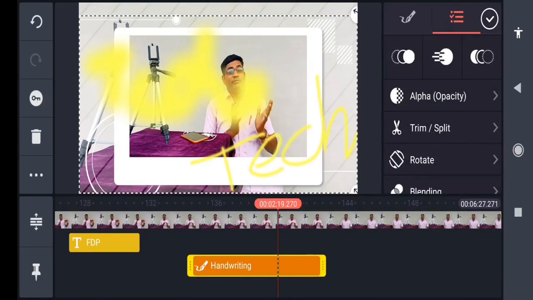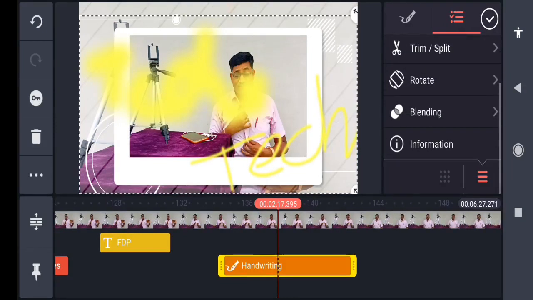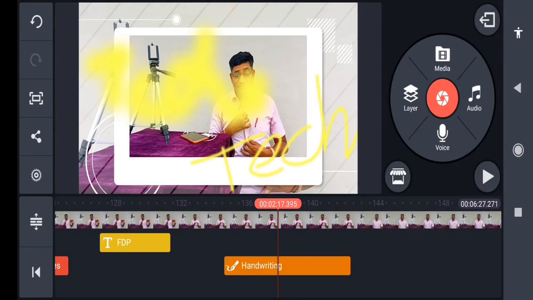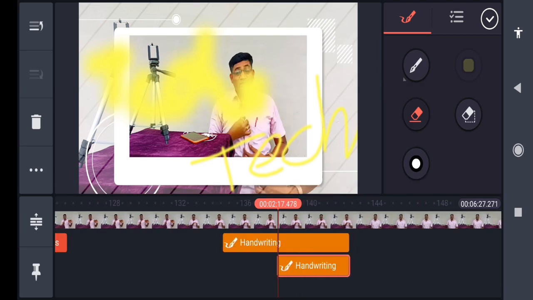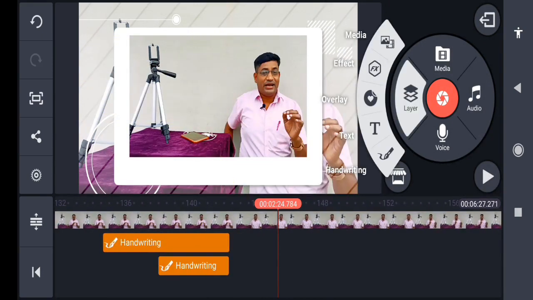If you want to erase for this layer, then you can erase it. So you can erase over this layer and this writing. You can erase it in this way. So this is the way, dear friends. Now these are the simple things. Now what about the next layer? Okay, the layers have completed.